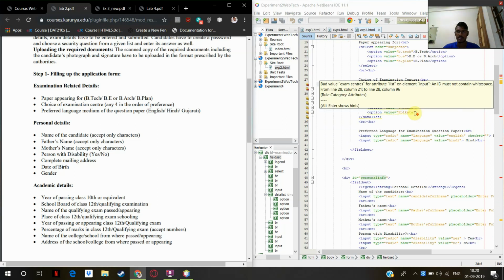Similarly, the choice of examination center, where I'm inputting list equal to exam center, and this is similar to the datalist ID that I'm creating. I'm creating a datalist providing an ID exam centers, and so these two are similar. I'm providing autocomplete on, and these are the options I'm providing, where when the user enters it should autocomplete and